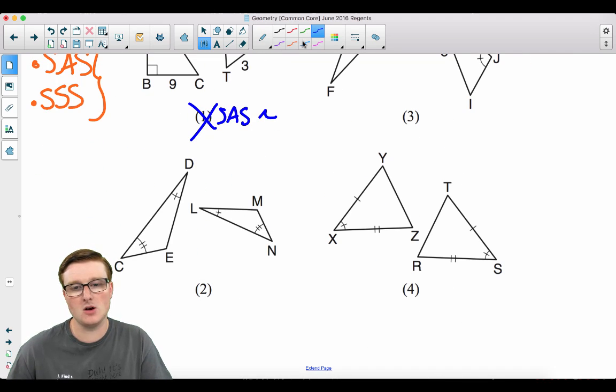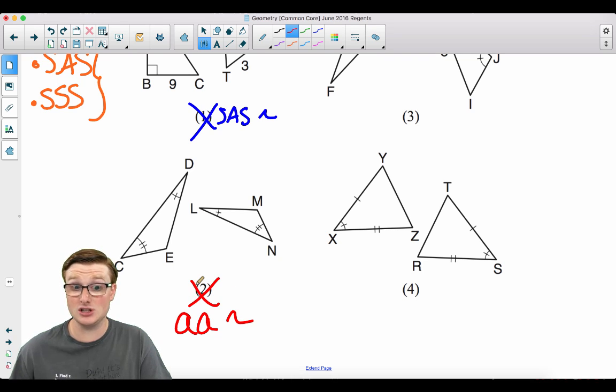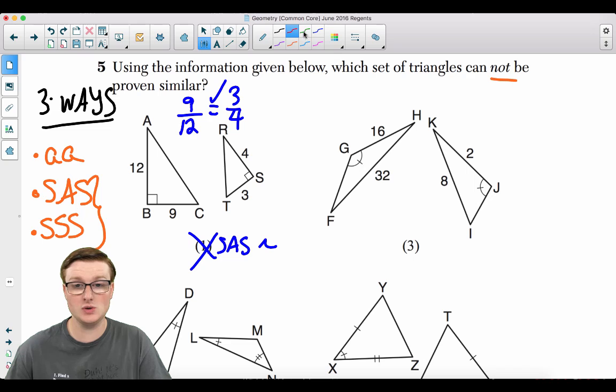Choice 2, okay? This shows 2 pairs of congruent angles. So this is angle-angle similarity. Those 2 triangles are similar, so choice 2 is actually true. Let's go on to choice 3. Okay, this is angle side side. Angle side side. So that is